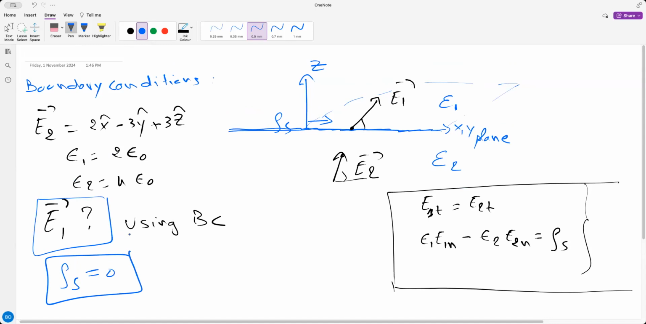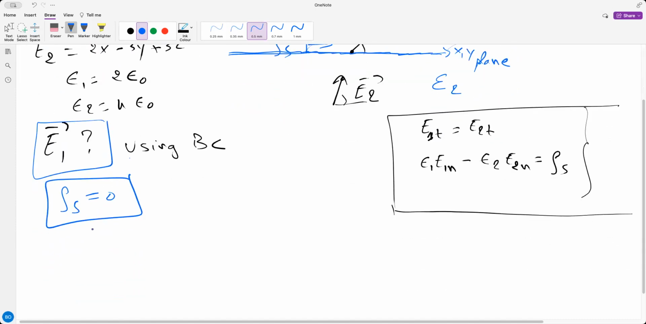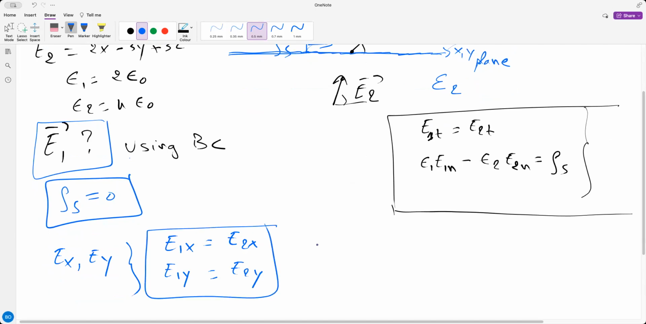Remember, the tangential component is according to the surface plane that limits or separates the two media. The tangential components would be Ex and Ey. Exactly. And the normal would be Ez. Yeah, exactly. Very good. So the tangential components will be Ex and Ey. This means that E1x will be equal to E2x, and E1y will be equal to E2y. Very good, right? And now the normal